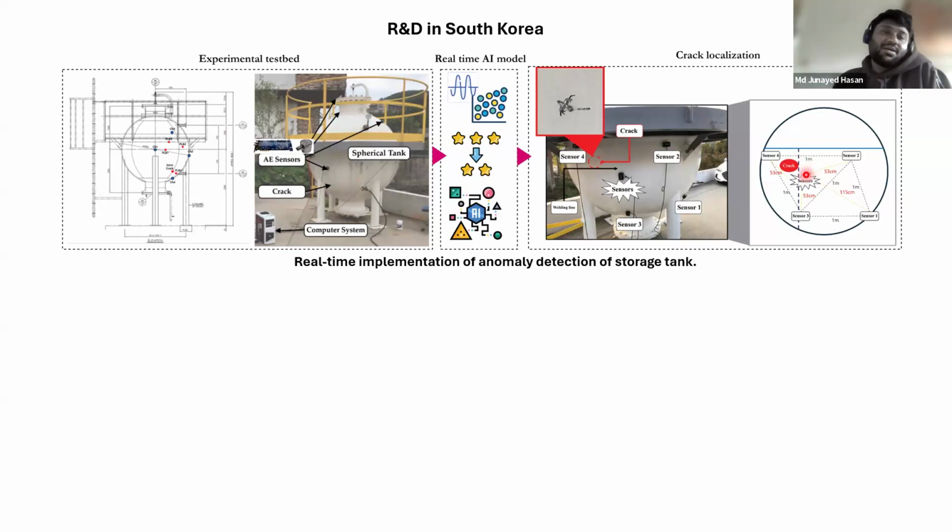This is actually a hybrid cloud ecosystem, because we did not do everything in the cloud. We did not need everything, even though we could do everything in Amazon services. I told you it depends on the use case. Not always do you need everything in the cloud, but you need to understand which part is coming from the cloud, and which part I can relate to the cloud. So that's a real-time implementation of anomaly detection of a storage tank.